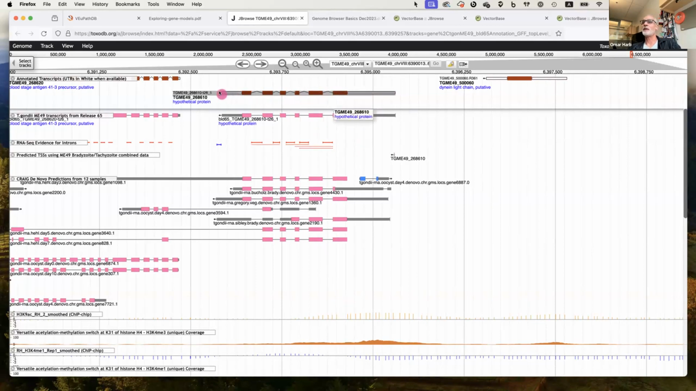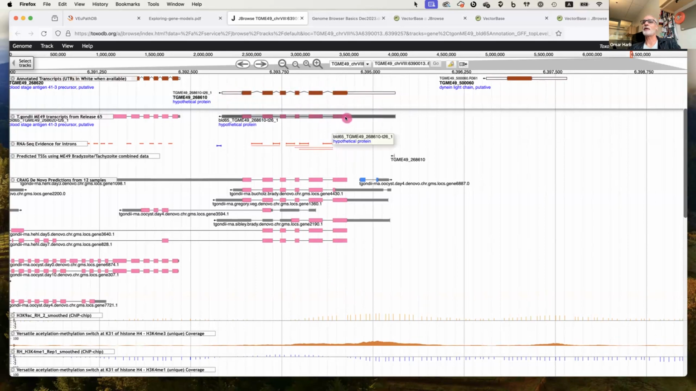So here we are. We're looking at this particular gene. Let's scroll down. You'll notice here that there's a release 65 transcript. Because this genome was updated, as I think Dave mentioned, you will see that the release 65 transcript is available as well, so you can compare and see if there are any differences. So moving down,